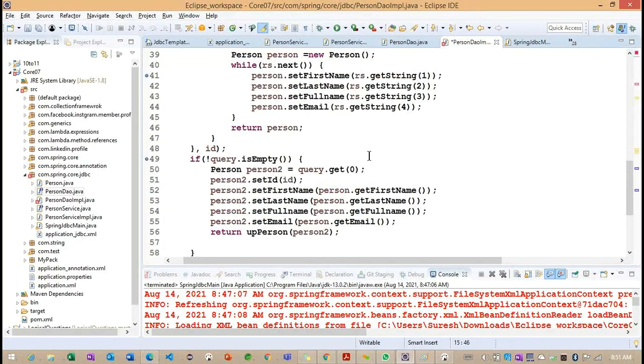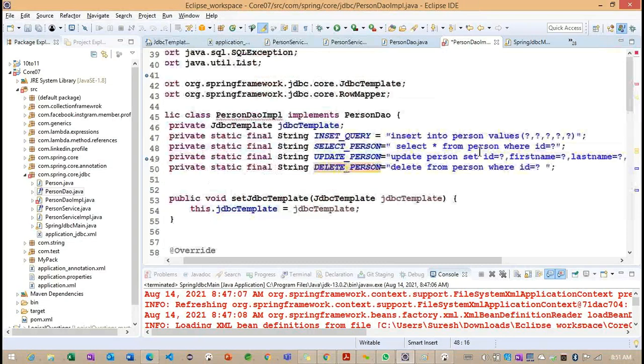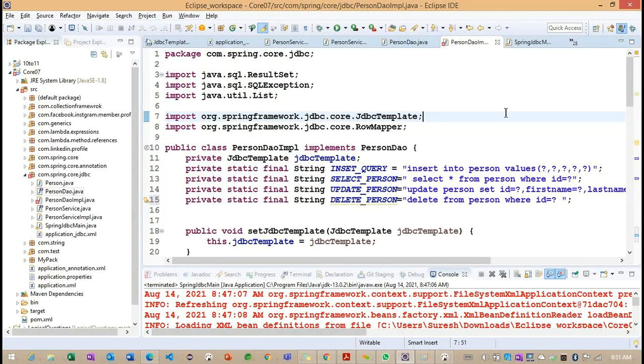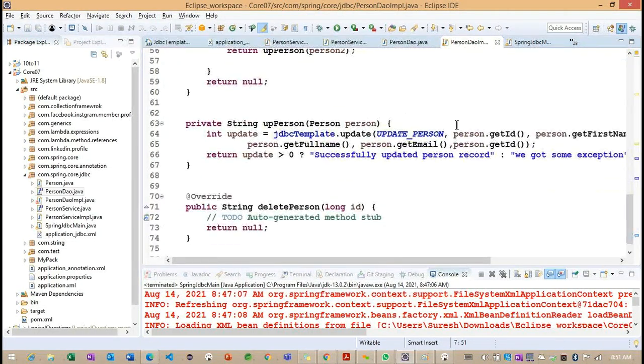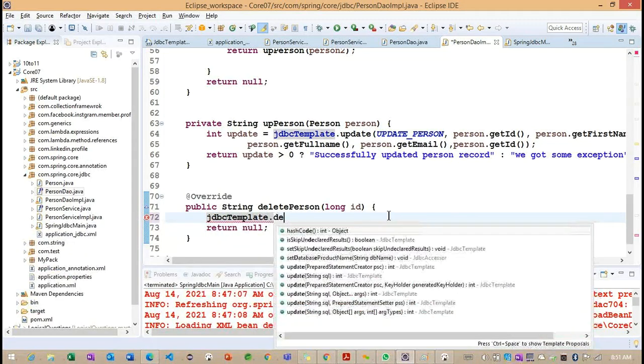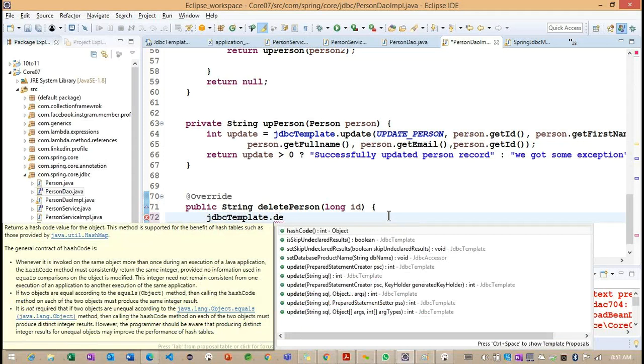Delete person ID. And here again we need to call the JDBC template. Is there any delete method we have?